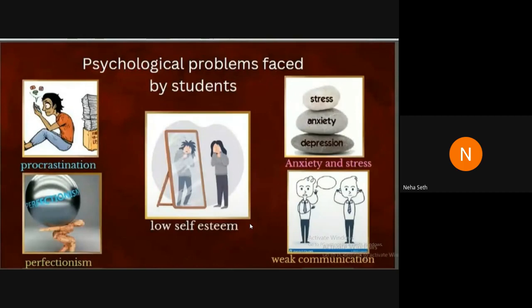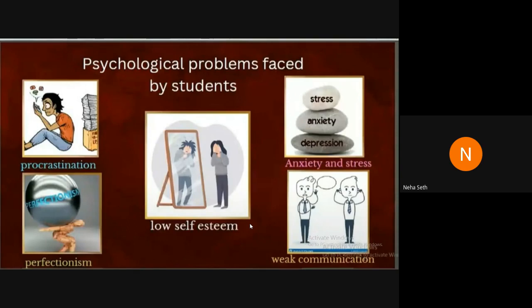And since it is a longitudinal process, if the person keeps looking for perfectionism and is not able to behave according to the desire, it may further lead to low self-worth, low self-esteem. Ultimately, they are not able to perform well. So this is also a psychological problem which our students are facing, and these are the silent issues.